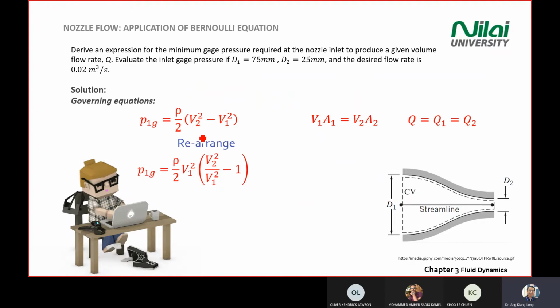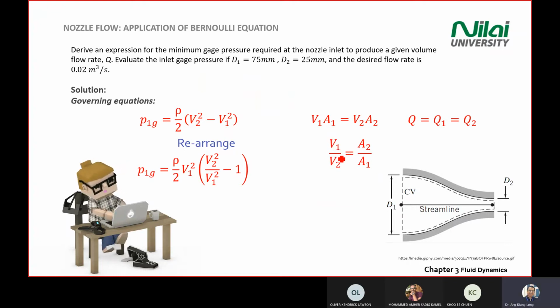You rearrange that, you put it in terms of V1 square, you just rewrite this equation, mathematics rearrangement. And then you take what we know from the other side, with this side,